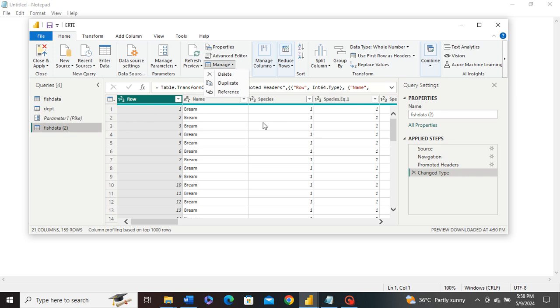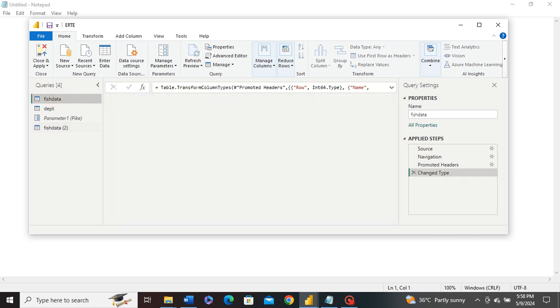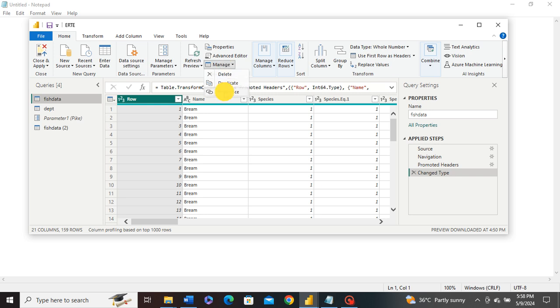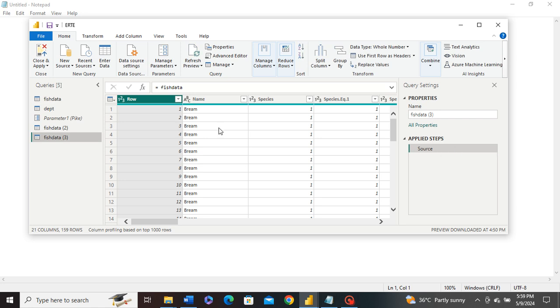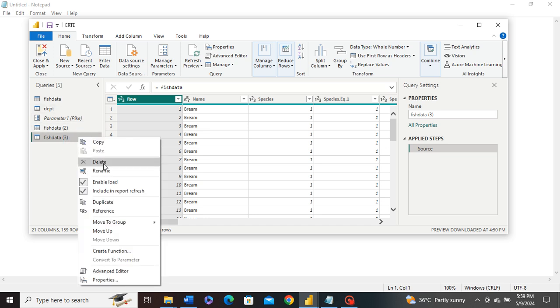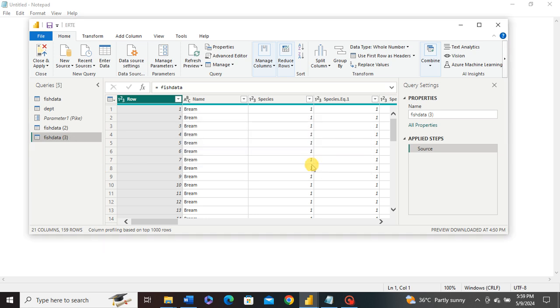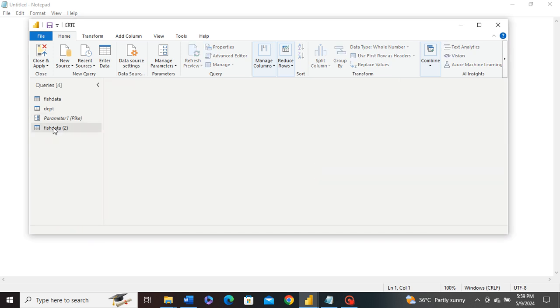Then next, reference. Referencing in Power BI allows you to create a new query that is based on an existing query. When you reference a query, any changes made to the original query will automatically be reflected in the referencing query. This is useful for creating multiple queries that use similar data or transformations, while ensuring that changes are automatically propagated across all related queries. Now observe how